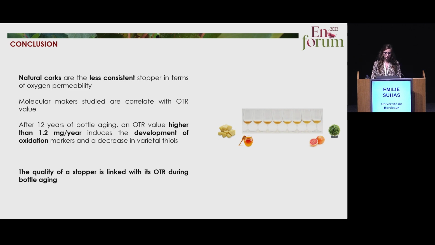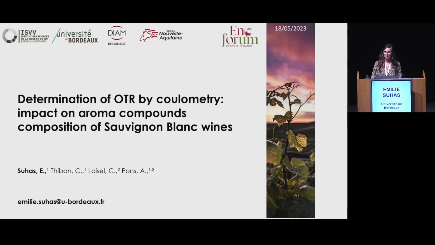Generally speaking, when you want to age your wines, it is important to use a stopper that has an OTR reading that will be in line with the expected aging, and most importantly, one that is consistent